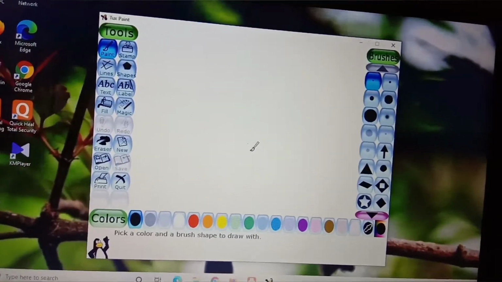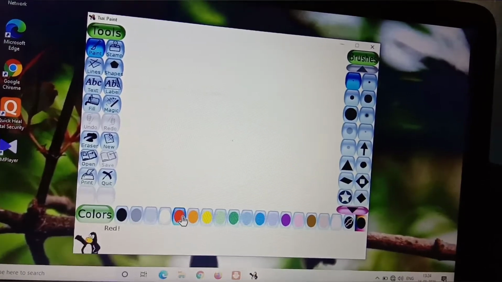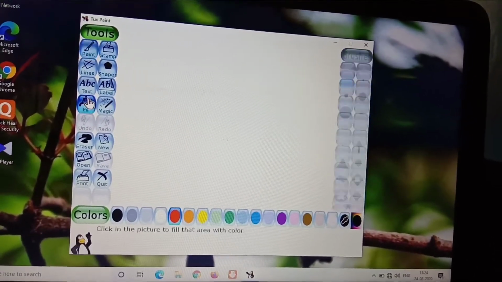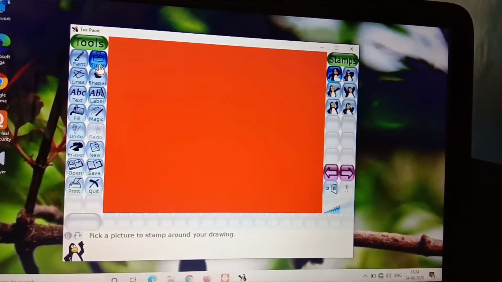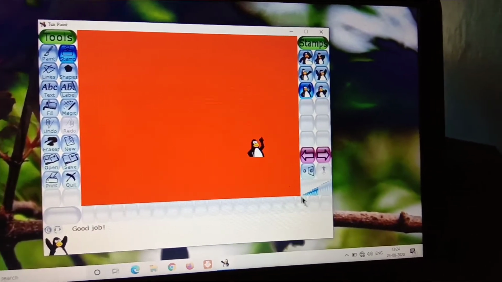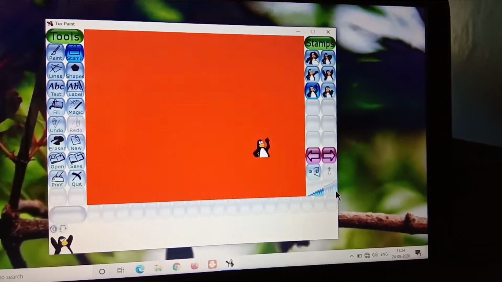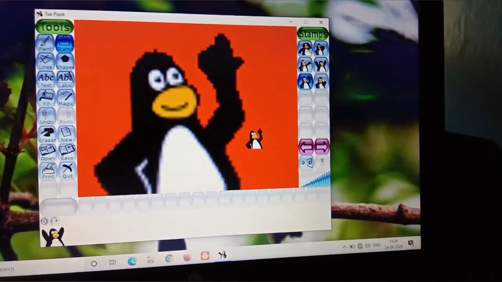Okay, I am going to tell you about waves. For waves you have to click on any color to fill it. Understood? Then after that click the stamp. You can use it directly on any surface, but if you take the stickers, it is very easy to understand. Okay, then click on the waves.